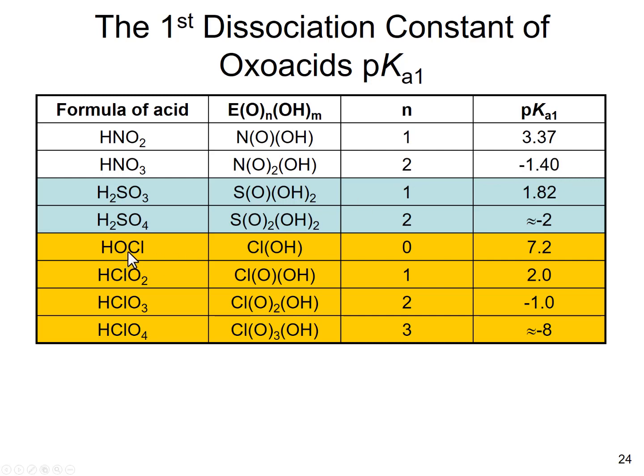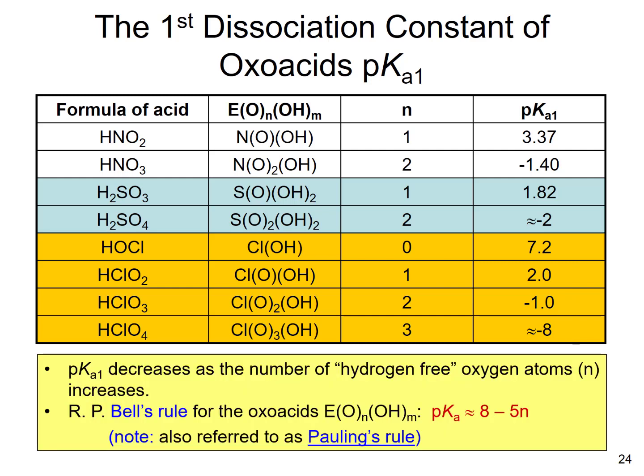So for the third example, which means the oxoacids derived from chlorine, you have 4 examples. You can change, as you can see here in the formula, the number of hydrogen-free oxygens, and you end up with a significant drop of the pKa values. Now the pKa1, which means the first dissociation constant in case of polyprotic acid, decreases as the number of hydrogen-free